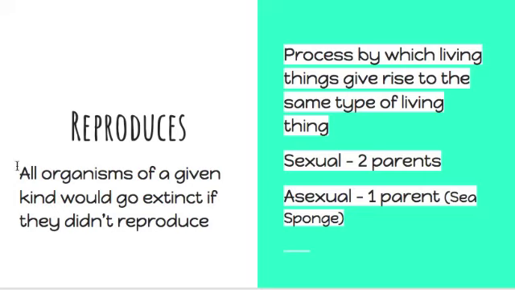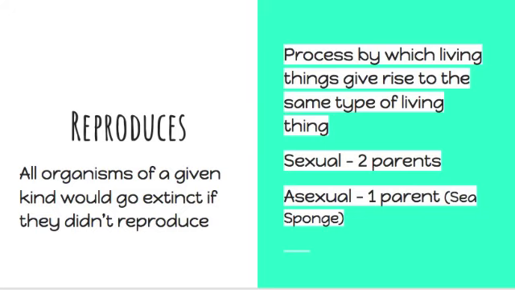Sexual reproduction requires 2 parents to give rise to offspring, or their children, and then asexual reproduction is 1 parent. An example of that is the sea sponge. There are different types of bacteria. Plants can be both asexual and sexual reproduction. Examples of sexual reproduction would be elephants, spiders,